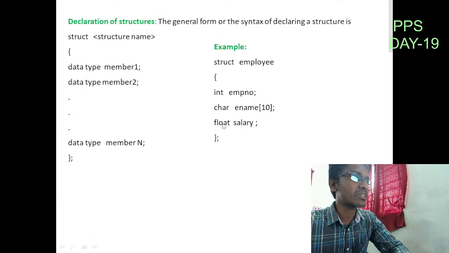The structure is terminated by a semicolon. So this is only the structure declaration. Whenever you define a structure variable, then the memory will be allocated for these members. So now let us